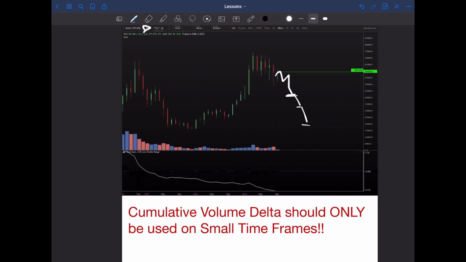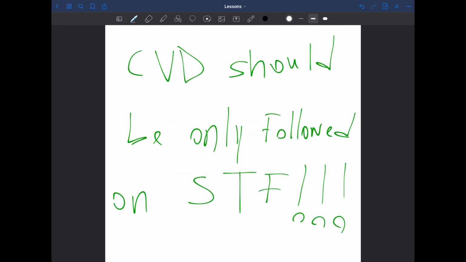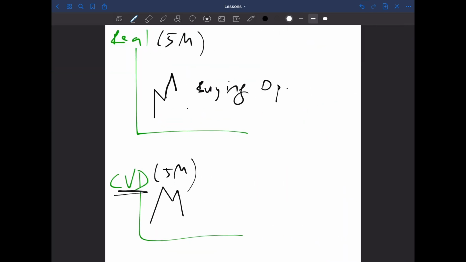So I hope these concepts were easy to understand, because these are really important for me. And here's an example for us to understand how the CVD works. Let's say on the real chart, we are making a high, a low, a higher high, and here another low, right? This could go down here, or this could stay here and push up. If we see cumulative volume delta doing this move, high, low, lower high, lower low, while the price is making a higher low, this means that the shorters of the market, who are the small players, are being